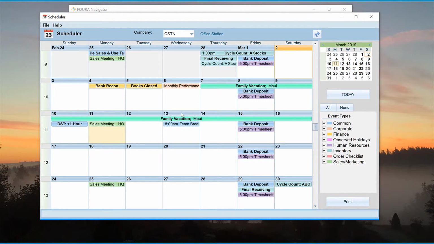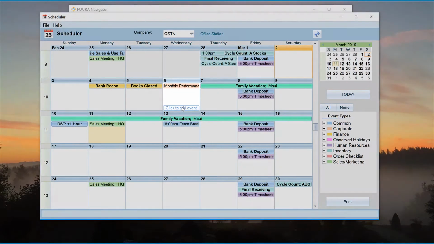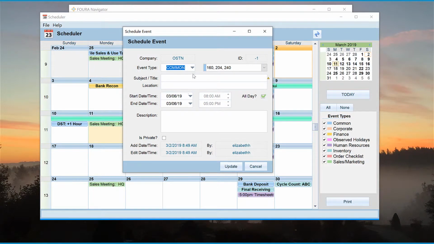Adding an event is easy. To do so, simply hover your mouse over the desired period on the schedule and select the Click to Add Event button. This will bring up the Schedule Event form where the user selects the event type that is available to them based on their permissions. Now we'll enter a subject and a title,